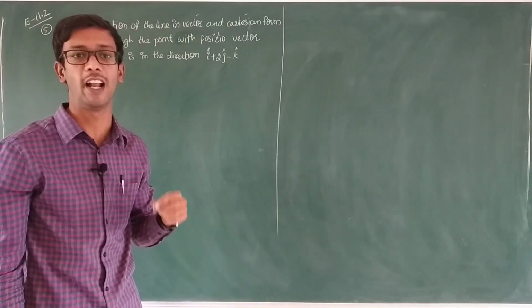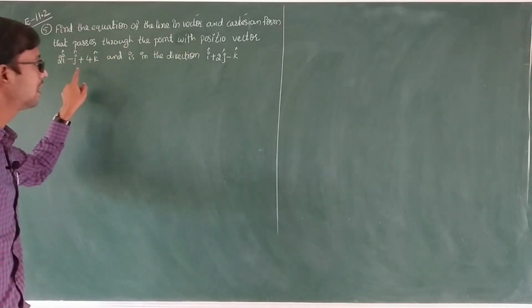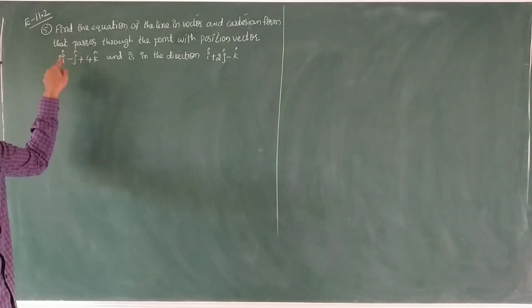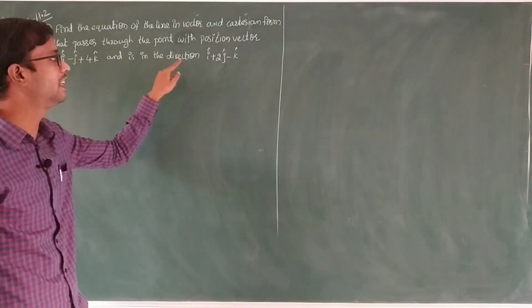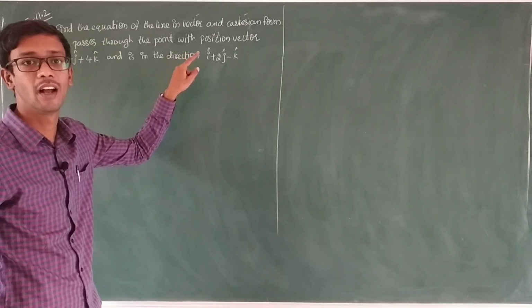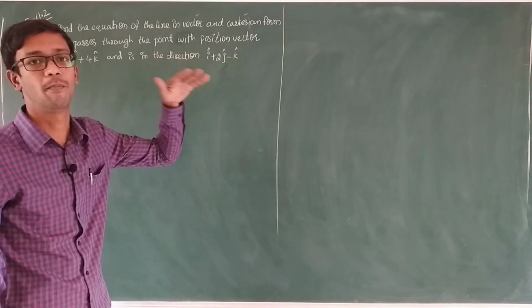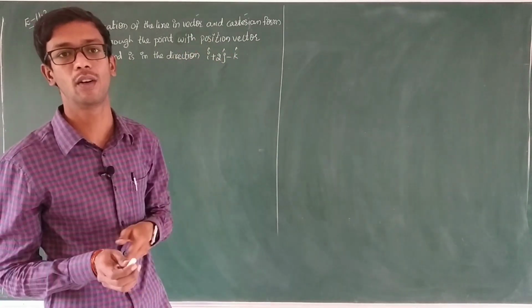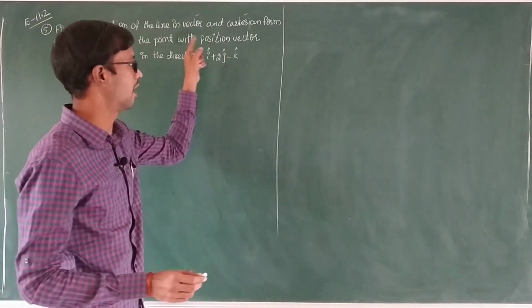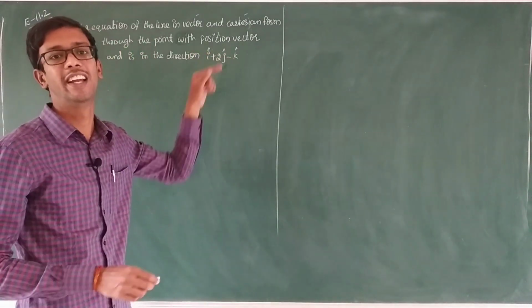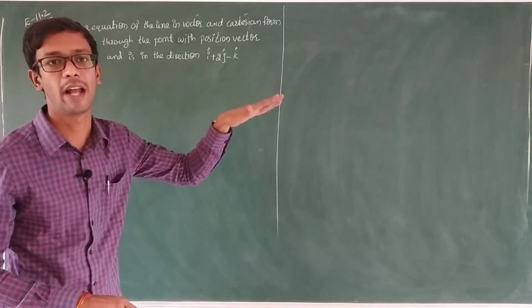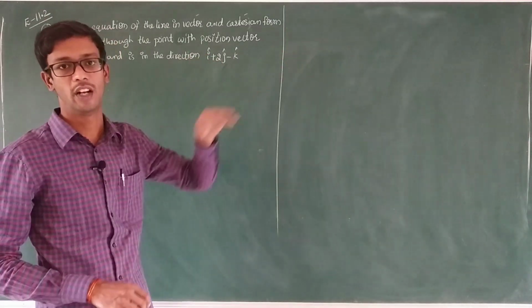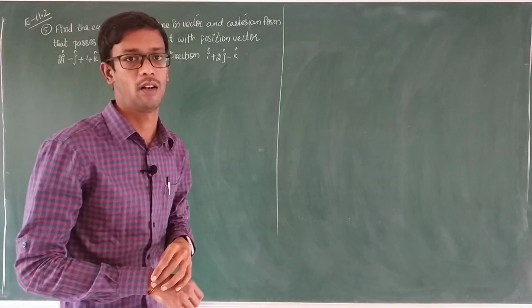In the previous problem points were given and we wrote the position vector A bar. Here they directly give the position vector, that is nothing but A bar, and it is in the direction of the given vector. Same direction means it is parallel to the given line. This vector is parallel to the given line. Why? Because in the direction of this vector, in this direction only it will go. That means it is parallel.